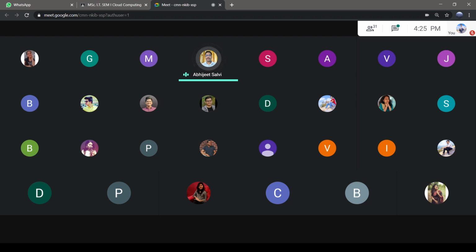So the agenda for today's practical session is that we are supposed to download the starter code from the GitHub repository. First we'll download and clone that GitHub repository program in our application, and run the application locally from the Cloud Shell session. Second, we'll run that locally, and then finally we'll try to deploy the application with Google App Engine. So without wasting time,